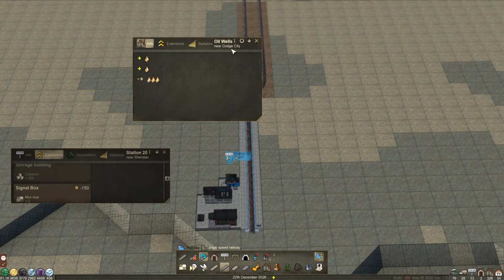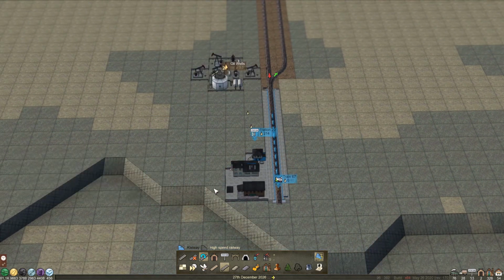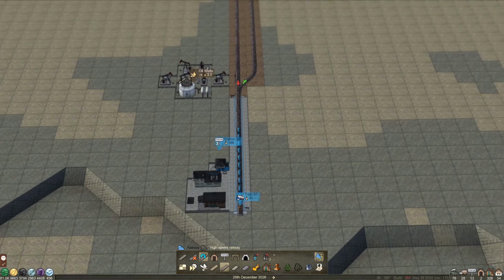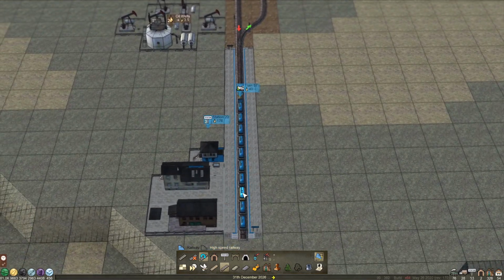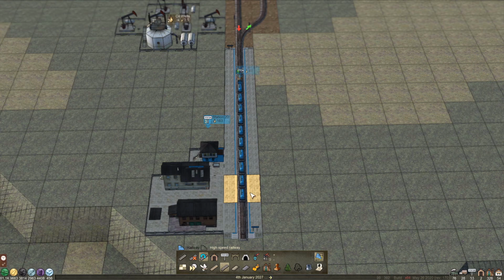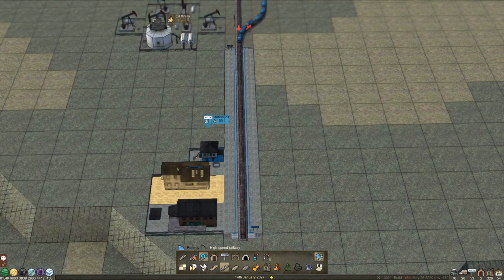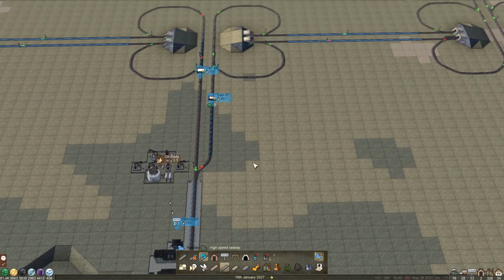And it looks like this oil well is already fully upgraded. So this should be producing just a ton of oil here. So let's see this train here. There we go. So yeah, now we have room for 750 tons, I don't know if it's tons or not, but it's 750 instead of 200. So cool. So we have the two oil trains here,